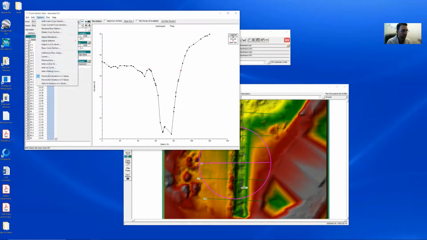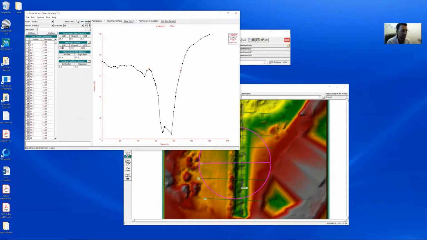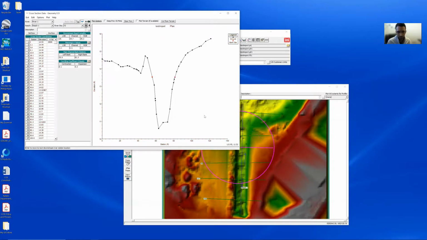So options, no horizontal variation in values. So you delete this, and then you easily type the 3 numbers that you want to use for left overbank, main channel, and right overbank. Apply. Now we're moving towards downstream. Options, horizontal,